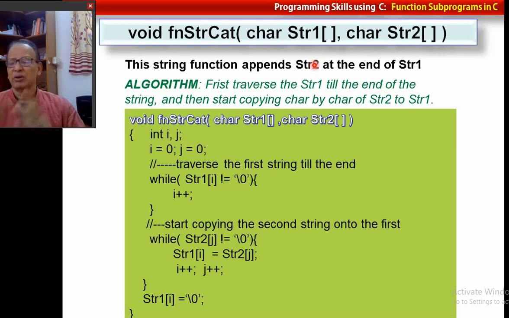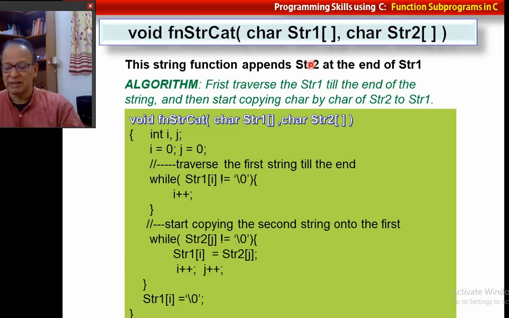Otherwise, what do you do? You have the first string and the second string, and there will be a particular character in each. Then what you have to do is deduct the character of the second string from the character of the first string. Either it will give you a positive number or a negative number. So pause for some time and do this exercise.